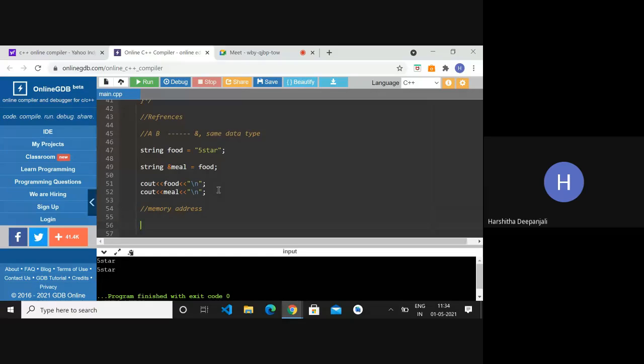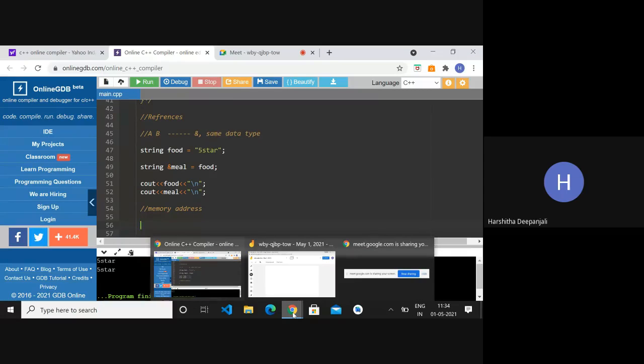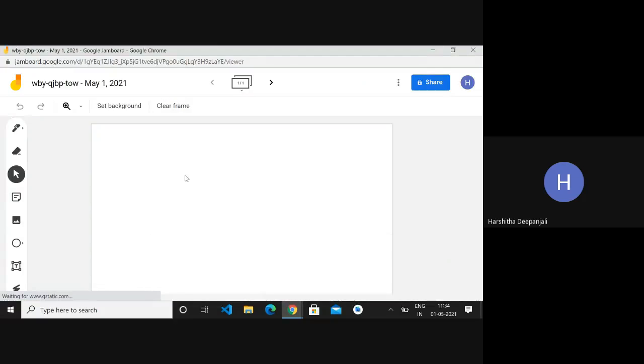What do you mean by memory address firstly? So let's understand what is memory address. Then let's see how to fetch this memory address. So do people know what is memory address? So basically, let me take an example. You're able to see this whiteboard, right? Yes, ma'am. So these are my memory locations,